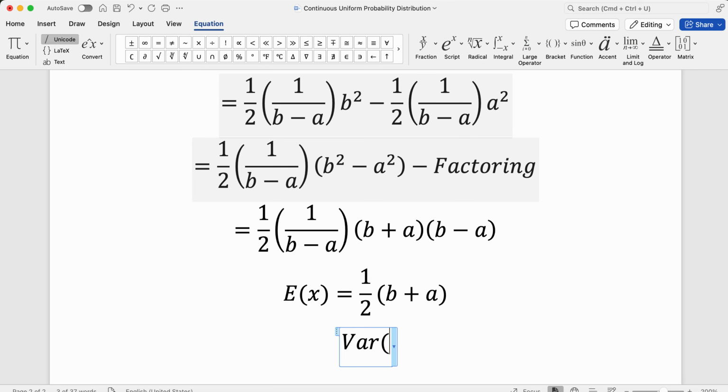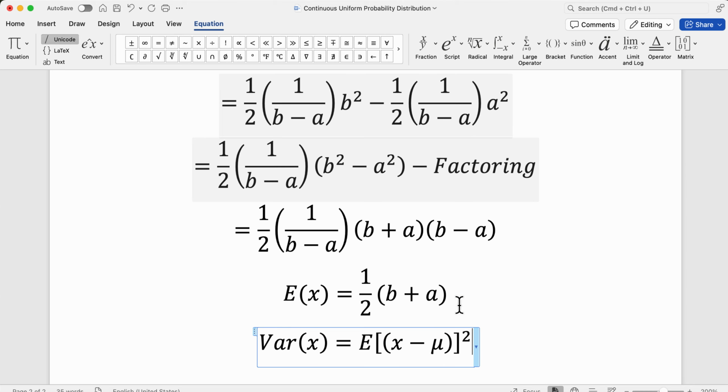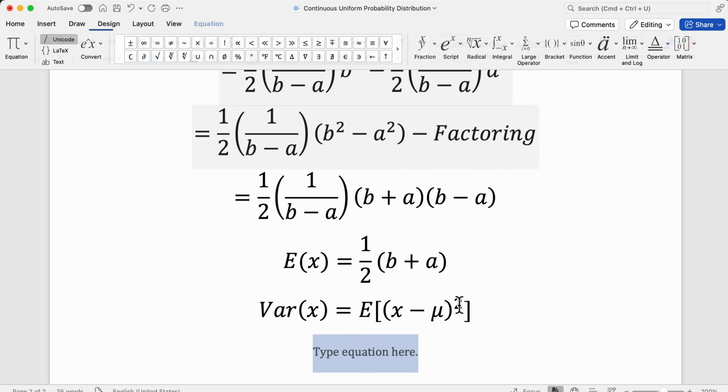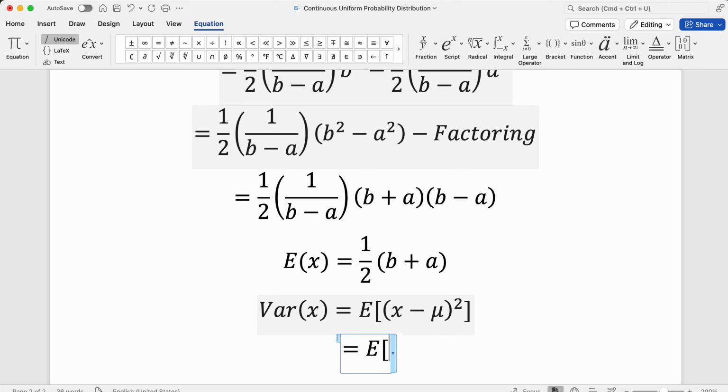Now the variance. The variance is basically the expected squared distance from the mean: E of (x minus mu) squared. Oh wait, sorry, this is driving me crazy. I've done this derivation dozens of times, but essentially if you expand the inside,